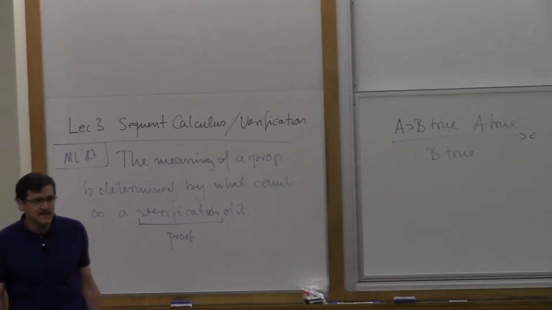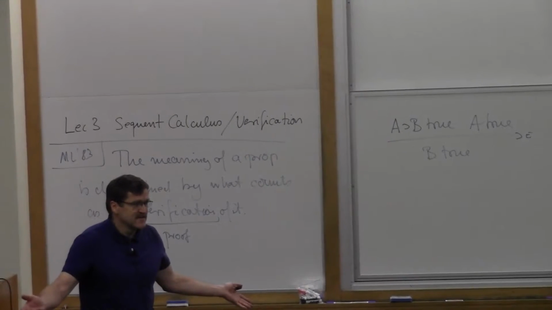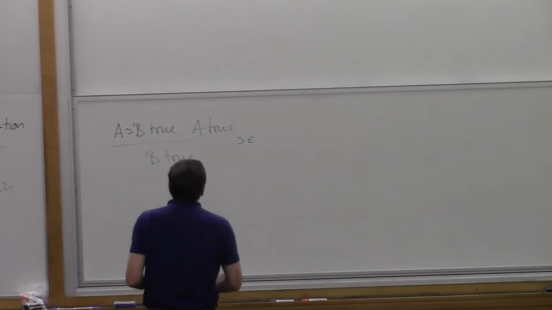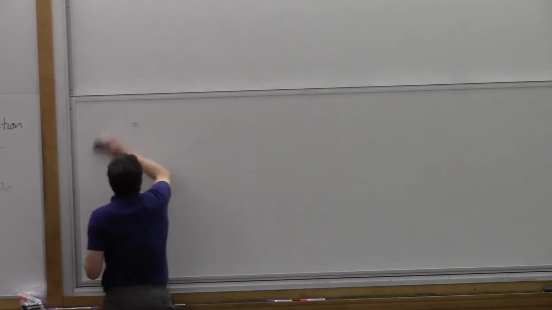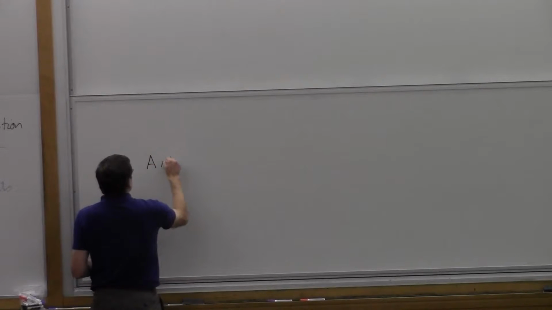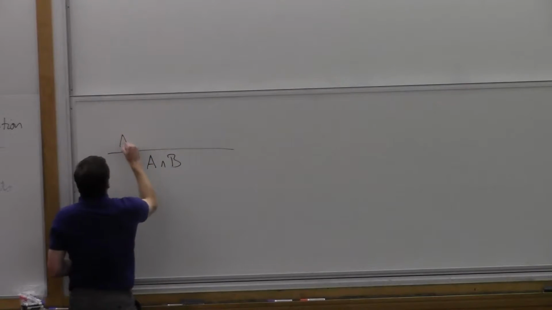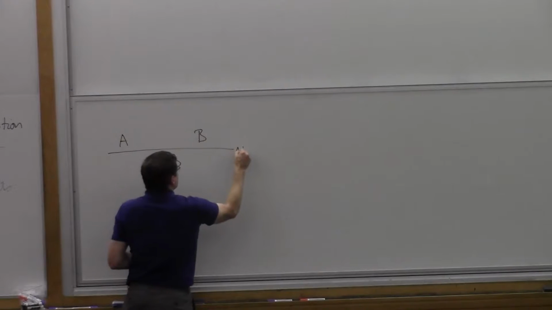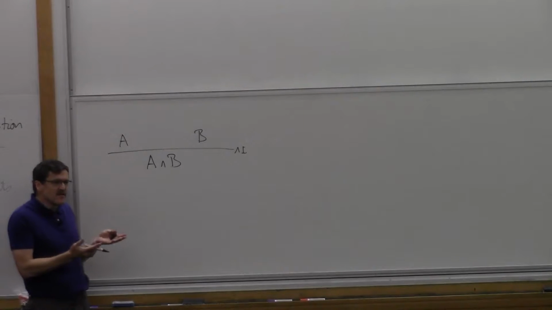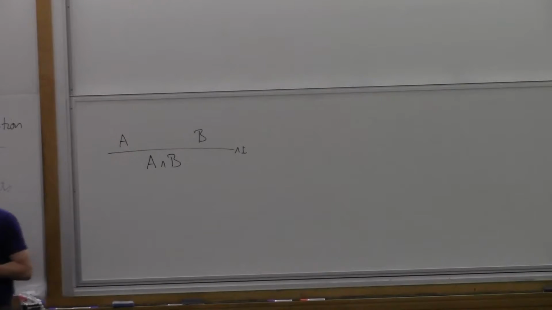When I explained to you conjunction introduction, why did you believe that explanation? Because it was very convincing, drawing pictures, and presumably you can do reduction on the size of the picture. Yes, but more importantly, I said something like, to prove A and B, you have to prove A and you have to prove B. In that rule, we're actually breaking down the conjunction into its pieces. So this is something smaller.